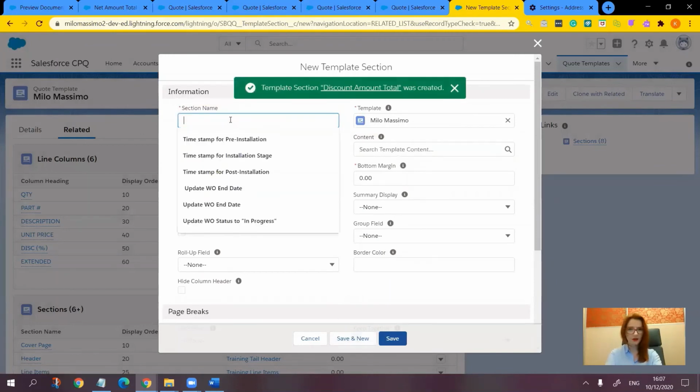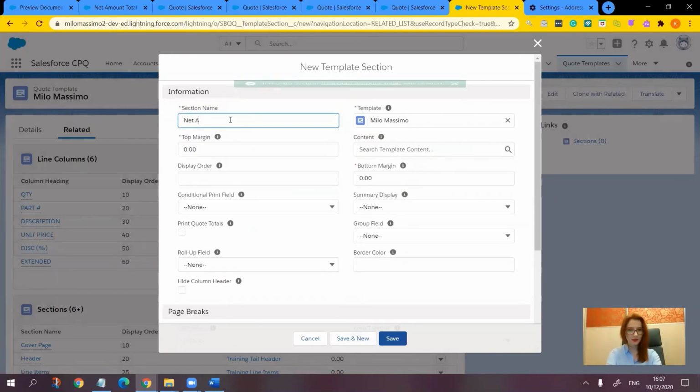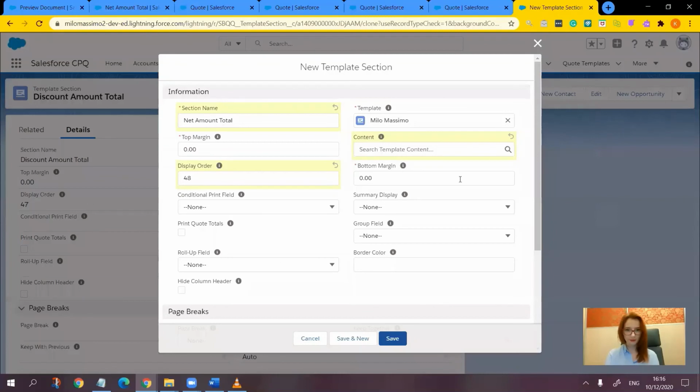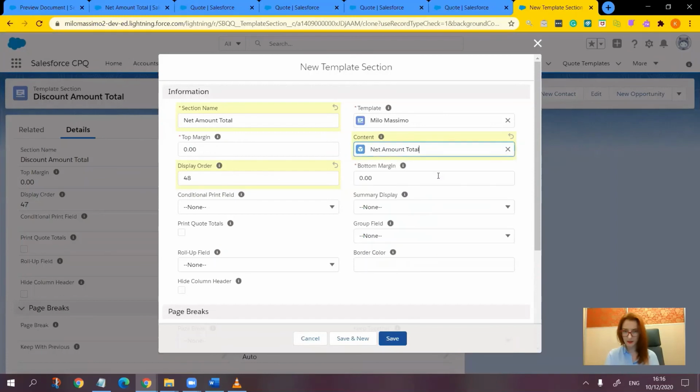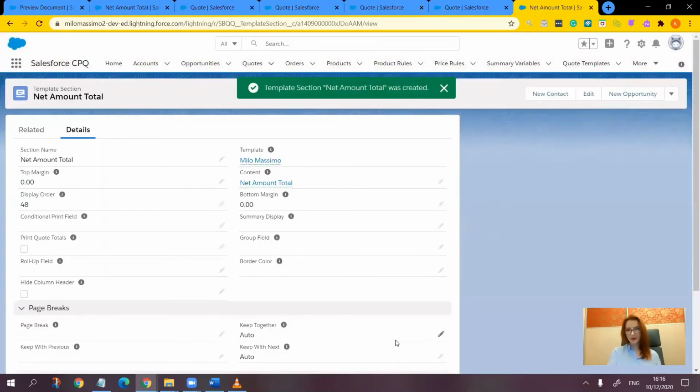And the last one is going to be net amount total, display order 48. And the content is going to be net amount total. Save. Okay, so now that we have 4 pieces of template content associated with 4 template sections, we can go back to the quote